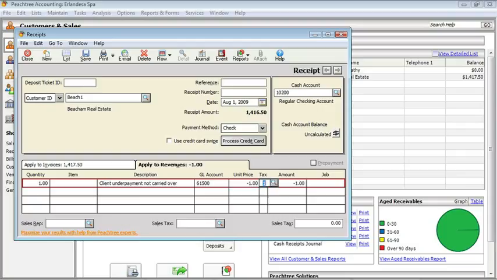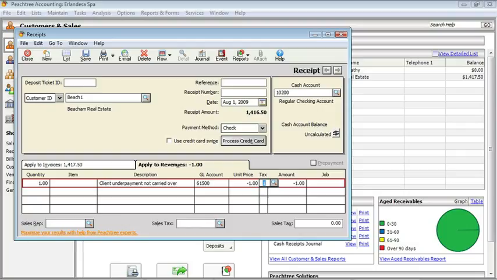So what we did is we entered the full invoice amount, but we can't keep that because then our bank account would be off by $1. So we created a second revenue of -$1 that's going to go to our charge-off account because we do have to keep track of it. And you'll see up on the top of the screen that it means the receipt amount, the amount going into our checking account, is going to be